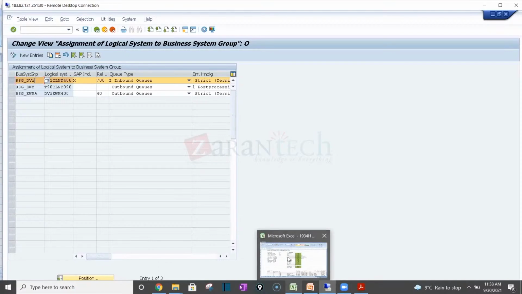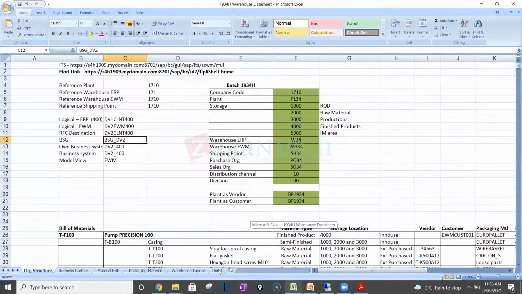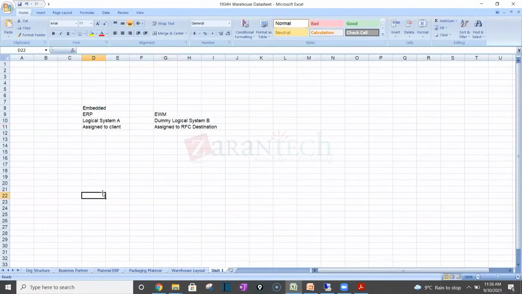But this is used in the decentralized system, because in decentralized, if you have master data, let's say product, you can have an EWM system connected to two ERP systems. Now, when the material T100 is sent, or let's say there is another material T200, when this material is sent to EWM,